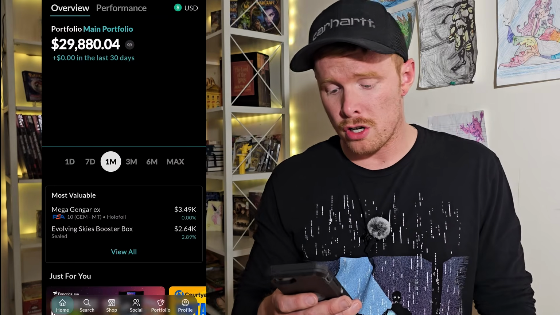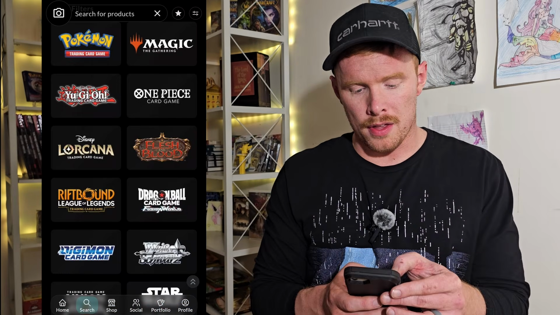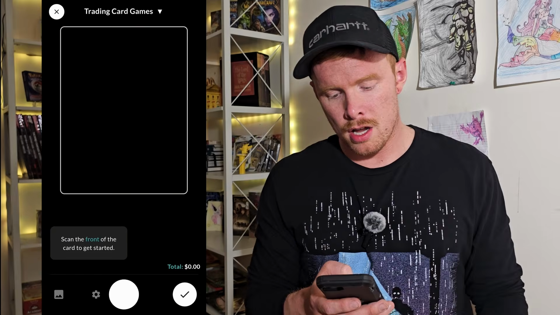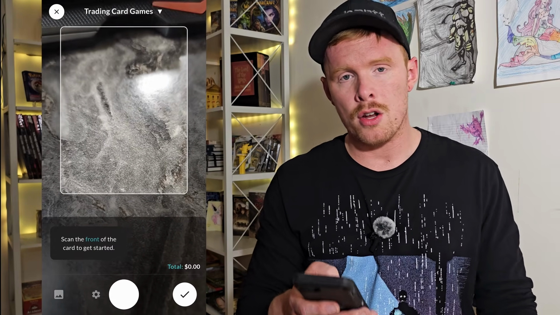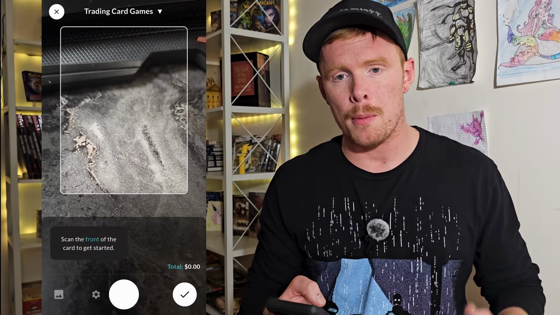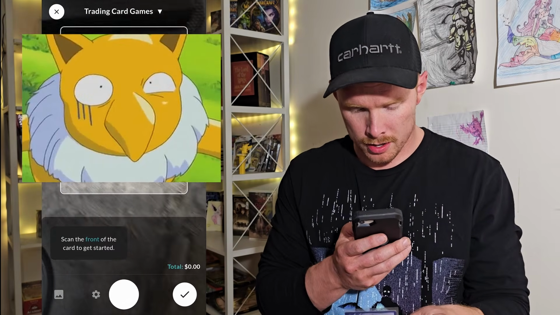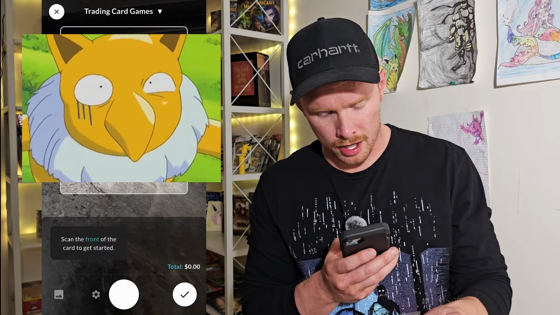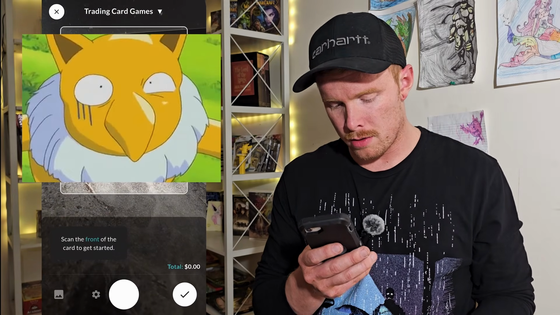So if you're unsure, you can just go down here to the bottom left, the search tab, and if you click on the camera icon in the top left, you will see that it pops up with your camera, and you can just scan whatever card it is that you're looking at, and it will populate with that card. So I just have this one sitting here, first edition, Sabrina's Hypno. Let's scan it. And as you can see here, you just click the white button in the middle, and it auto-populates Sabrina's Hypno, 56,